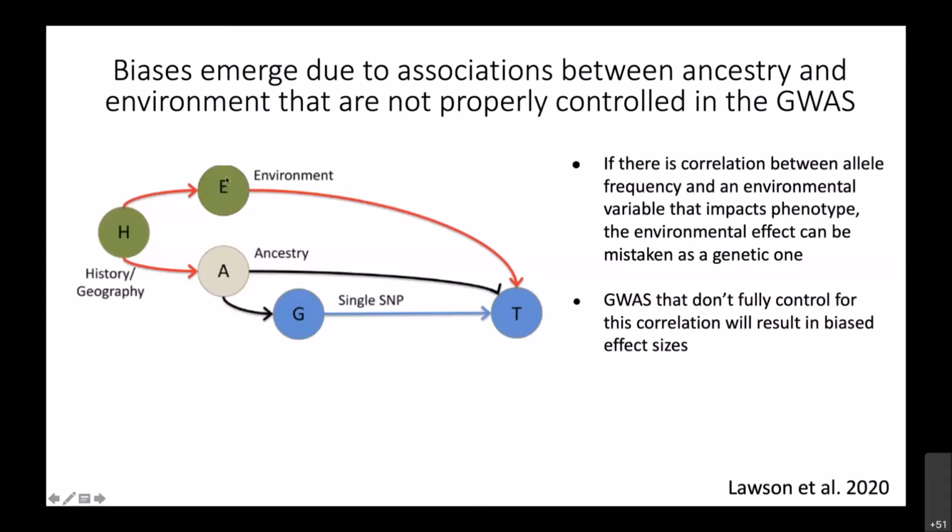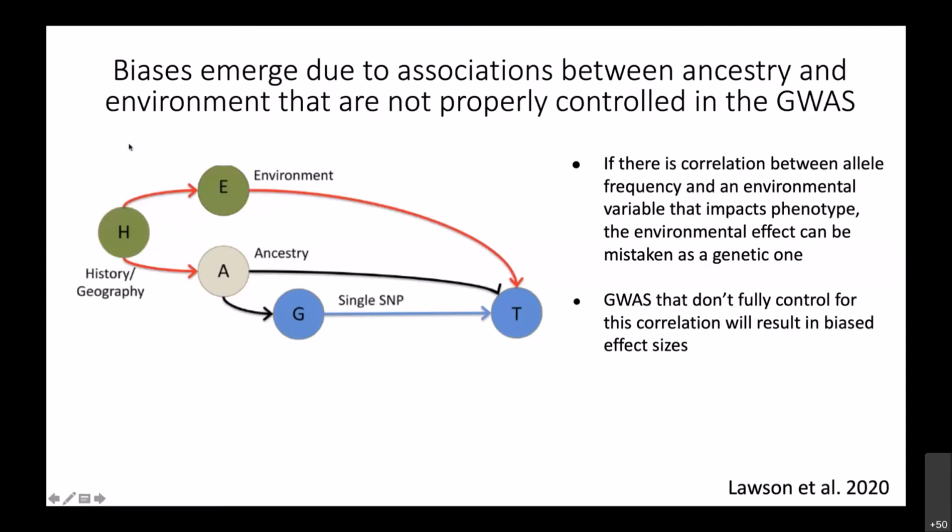So there are associations between the environment and the trait that create differences between groups. And there are also associations between ancestry and the trait, because individuals are distributed spatially across the landscape. And so you get these correlations between ancestry